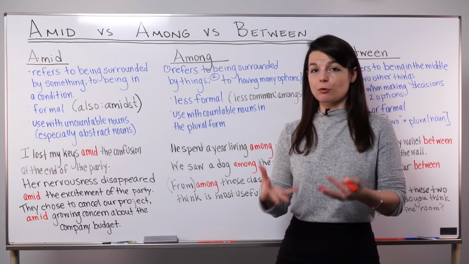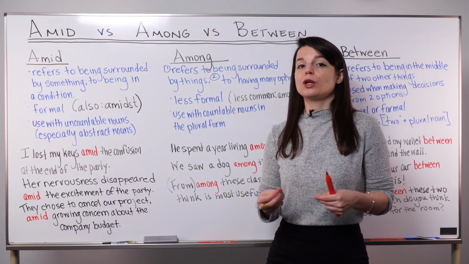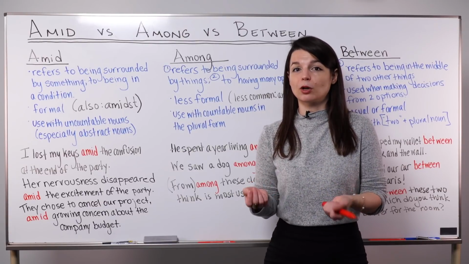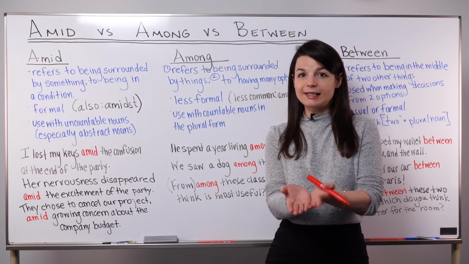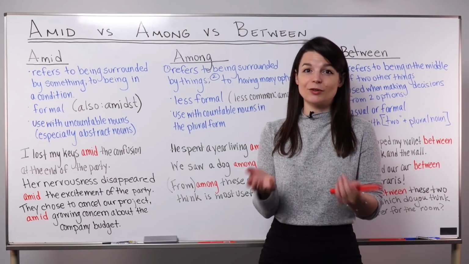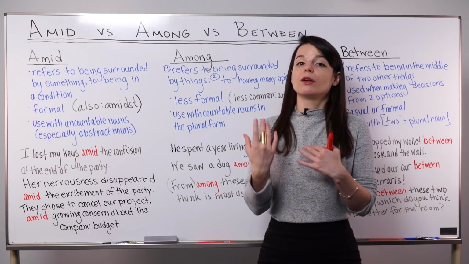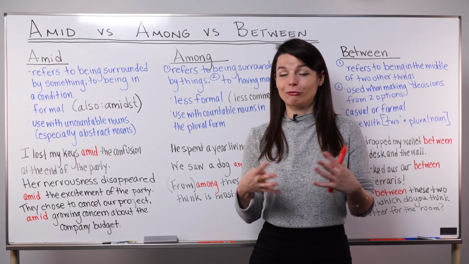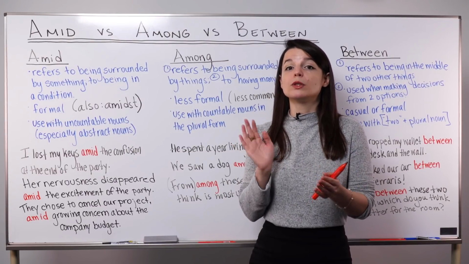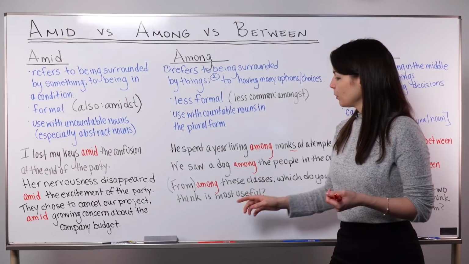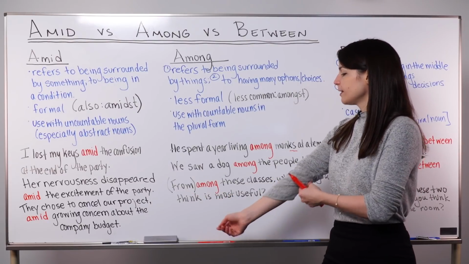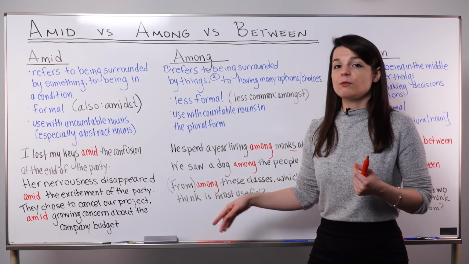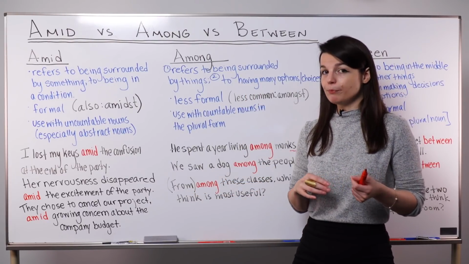But when you have a group of things to choose from, you can use among to ask someone a question, like from among these classes or from among these flavors, which do you like the best? So if you have a large number of something, like more than 2, or like 3, 4, 5, that's fine. You can use among. I've also put from in parentheses here. Sometimes native speakers will drop the from here.